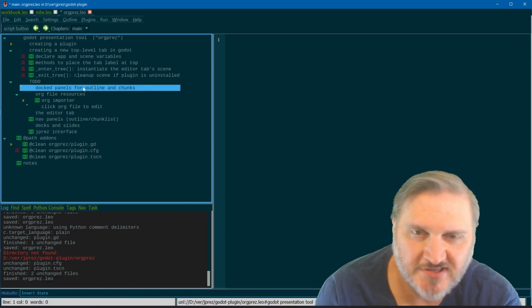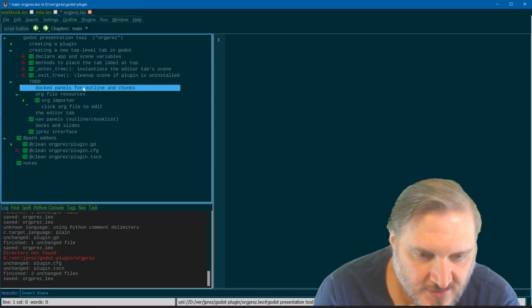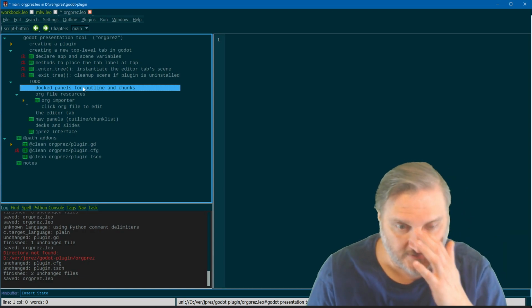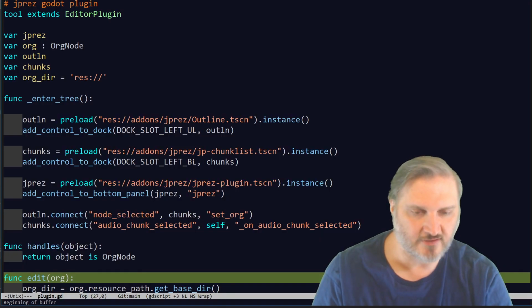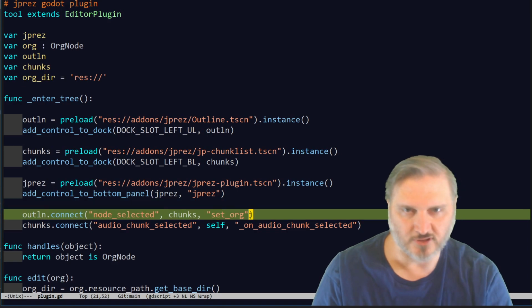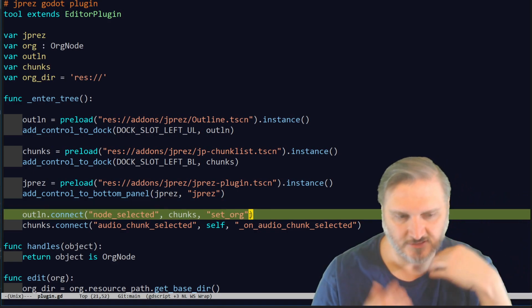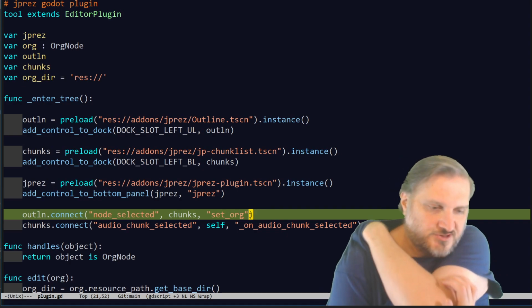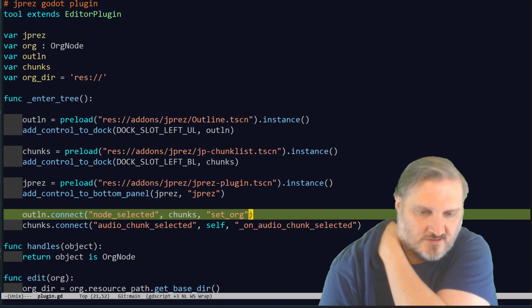Oh, but right, that application is OrgPrez plugin.gd. So it will have to do all the same code, but it probably should have one method called org set location, or set file, or set org, or set chunk, set org chunk, or whatever. Because really it's passing a chunk and a,